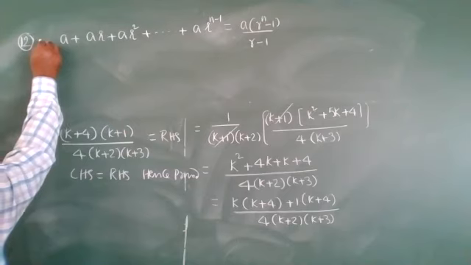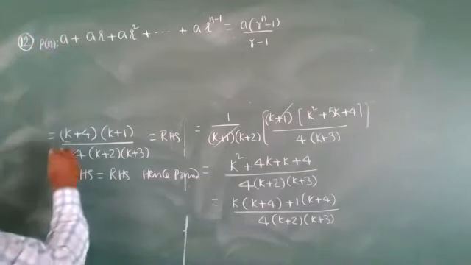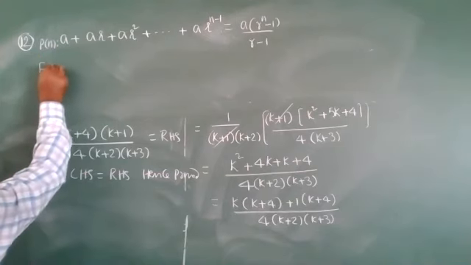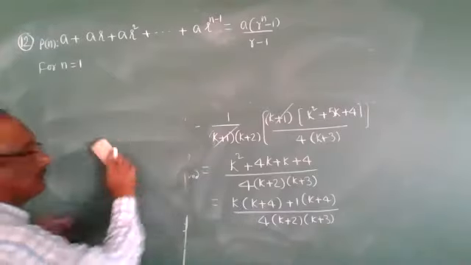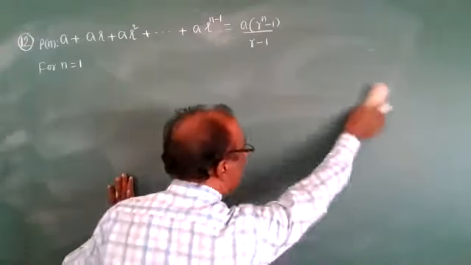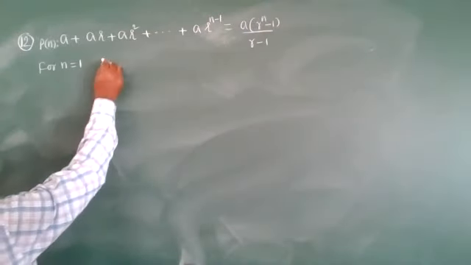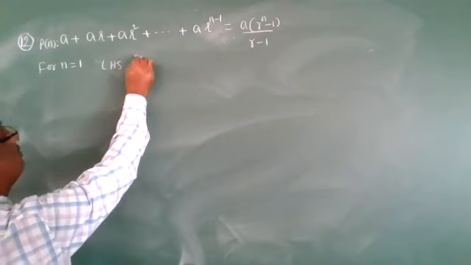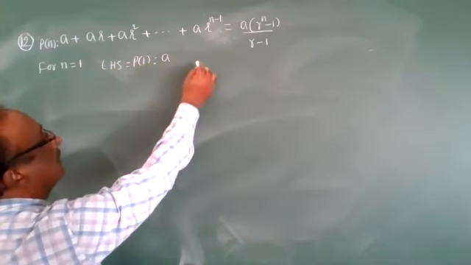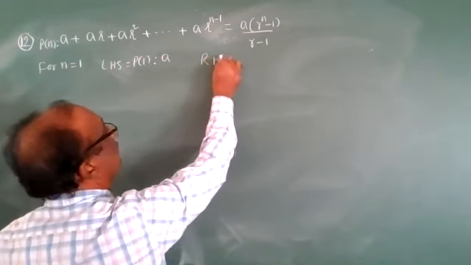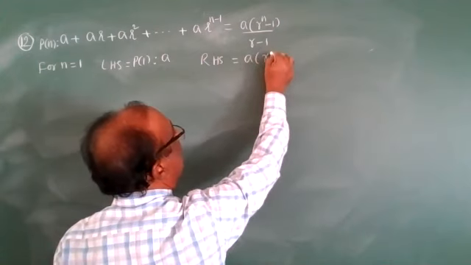Step 1: write down the principle of n numbers. For n is equal to 1, everyone do. For n is equal to 1, left hand side is the principle of one number. What is the one number? So A. Right hand side, n is equal to 1, A. N is equal to 1 means R power of 1 is